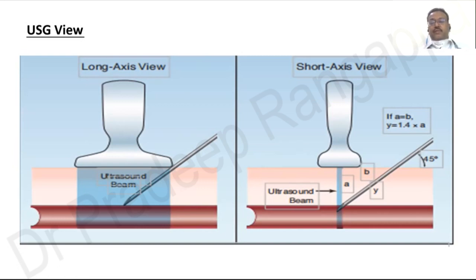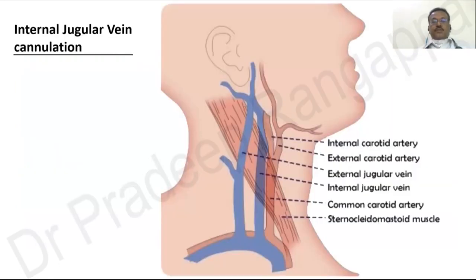Sometimes you may have difficulty negotiating the guide wire through the lumen of the vein. So the long axis view is sometimes put in place to make sure that the guide wire is in the lumen and it is in the right place. There is another view called the oblique view, which is in between the short axis and long axis. So one can use any combination of these to make sure that the catheter is in the right place and the guide wire is passing through the right lumen.